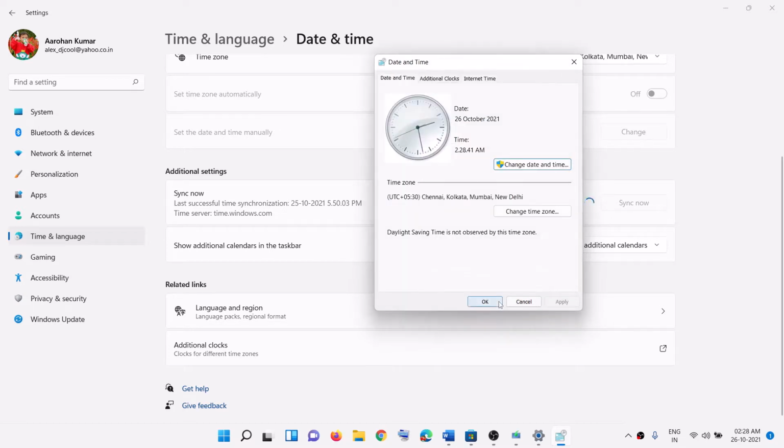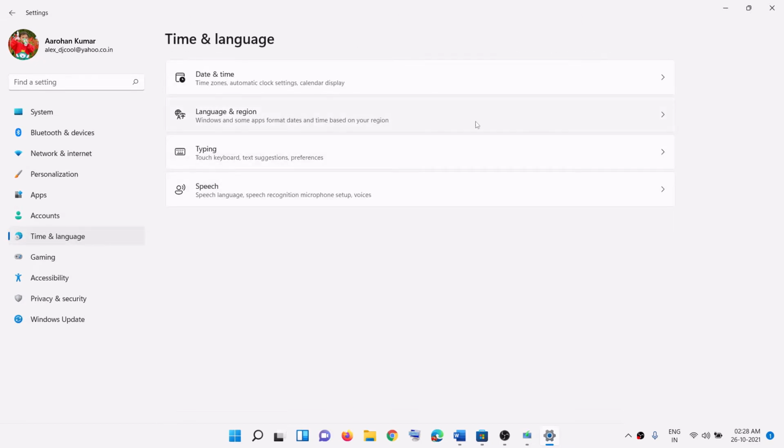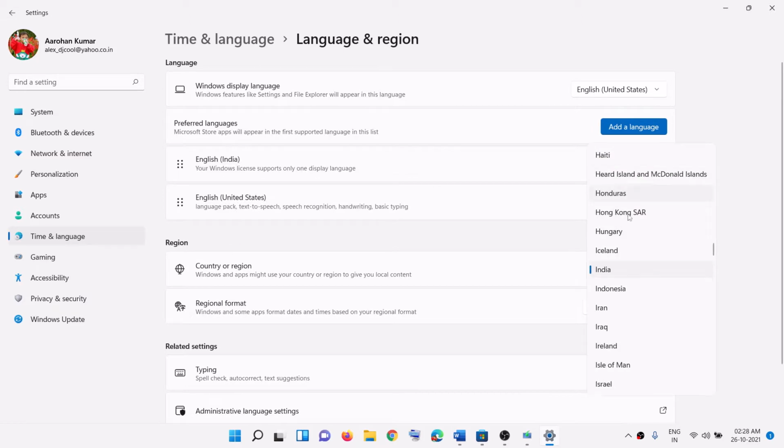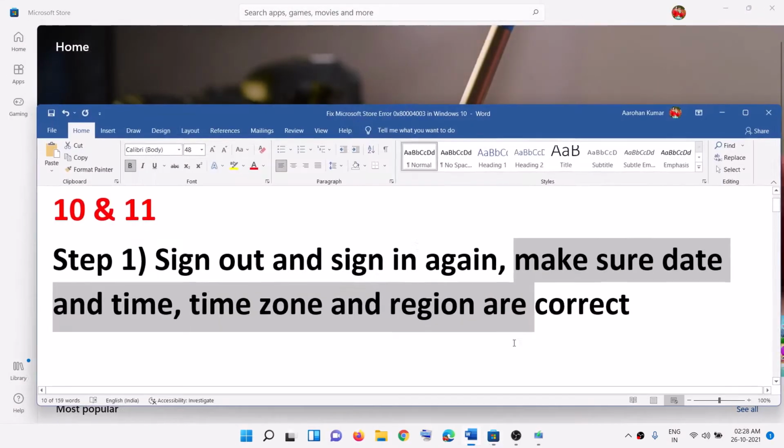then click on OK. Also make sure the region is correct, so you can click on time and language, go to language and region, and make sure the right country is selected over here, and then try to use Microsoft Store. Now if you're still facing the problem,